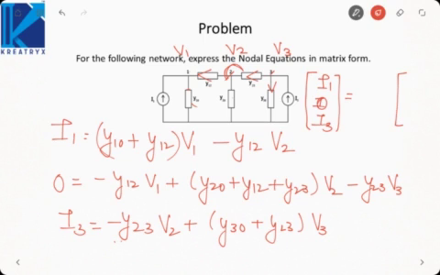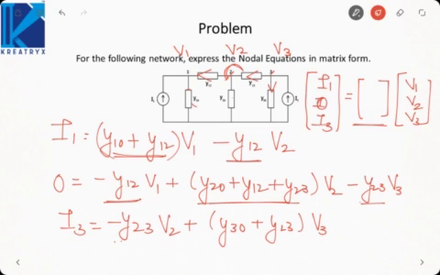And the right column vector will be v1, v2 and v3. We need to find a matrix between these two. Now this matrix will be, first element will be y10 plus y12, second minus y12, third will be 0. Similarly, minus y12, this element, then this. So if we write the matrix,